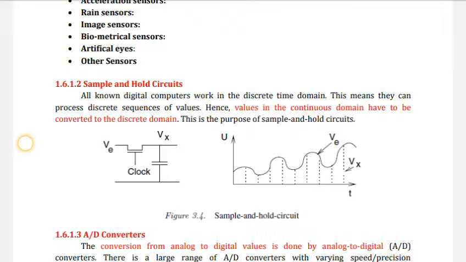Each of the values stored on the capacitor can be considered as an element of the discrete sequence of values Vx. So that is generated from the continuous sequence VE. Okay. So V is the incoming voltage, and from that Vx is the sequence of voltages that is generated from the continuous sequence VE. Okay. If the sample and hold circuit is ideal, it would be able to change the voltage at the capacitor in a short amount of time.